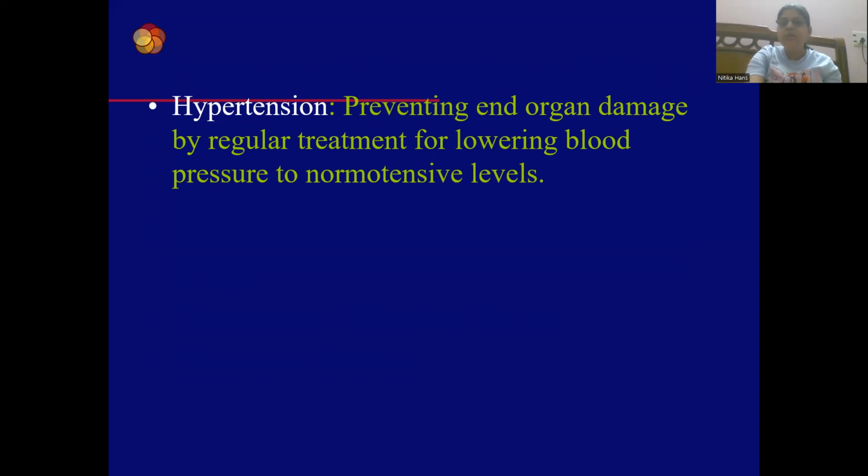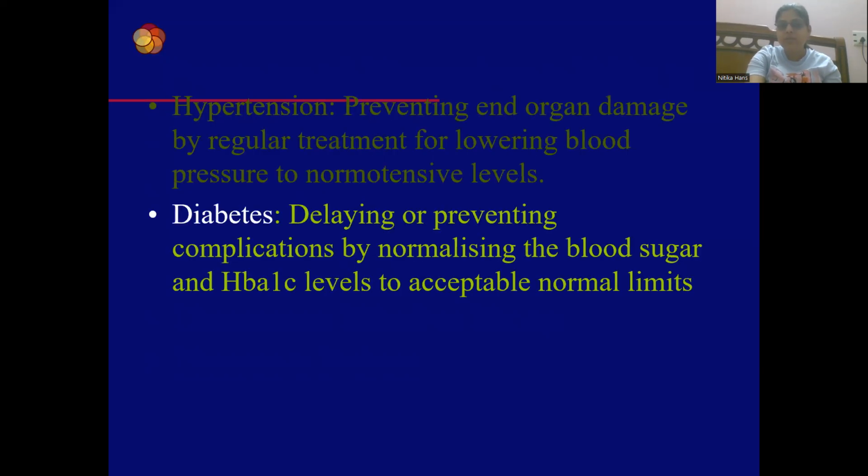How? So that we can prevent end organ damage by regular treatment for lowering blood pressure to normotensive levels. End organ damage has to be prevented. We delay the complications of diabetes by normalizing blood sugar and HbA1c levels to acceptable normal limits. It means we are preventing diabetic retinopathy, nephropathy, neuropathy, peripheral neuropathy in diabetes, and other complications by maintaining the sugar level and HbA1c levels at acceptable